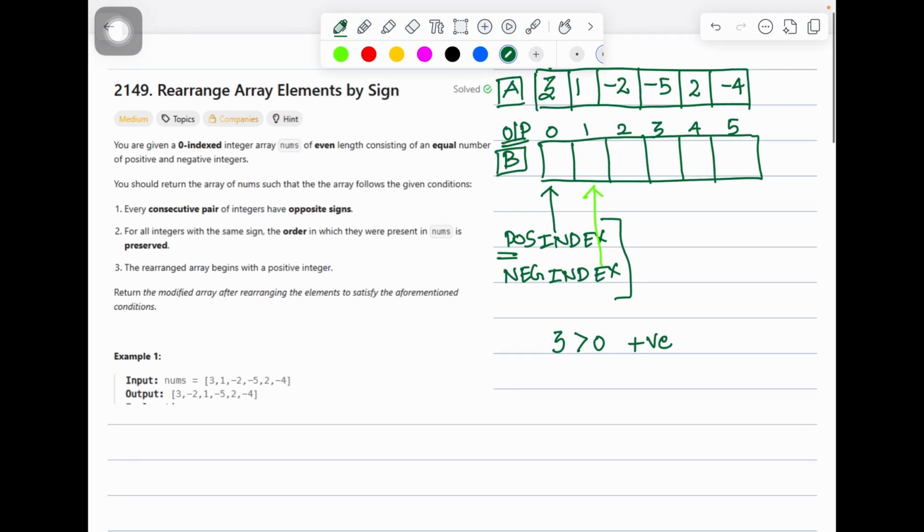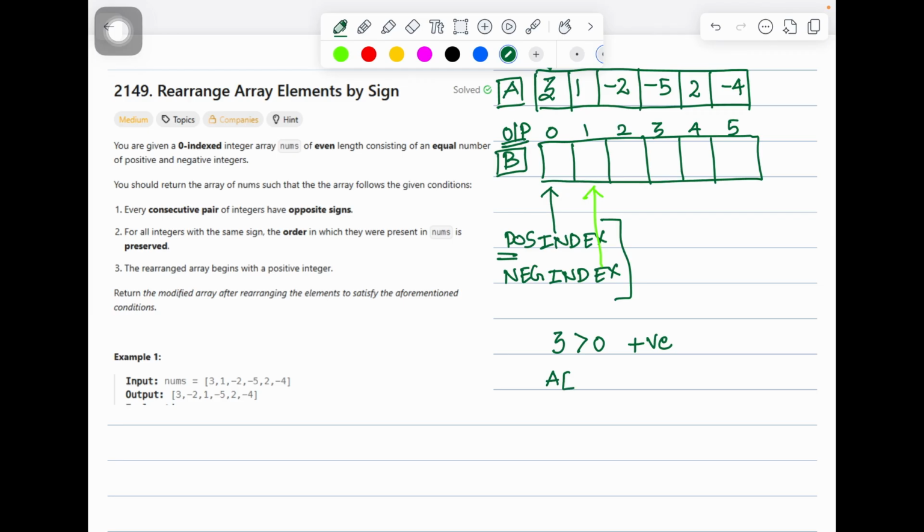So B of positive index is assigned A of I. That means B of positive index, whose value is 0,